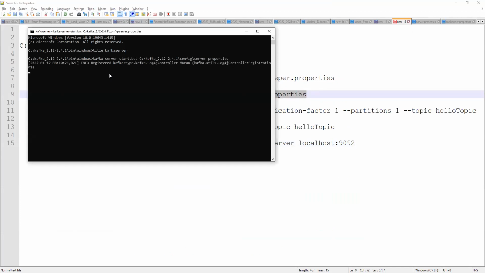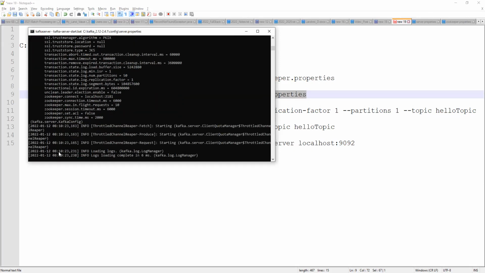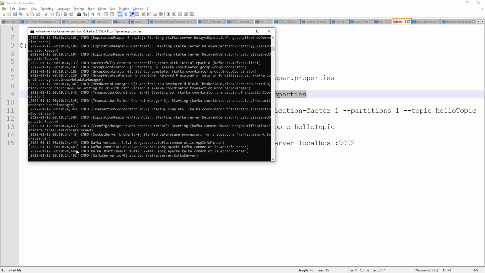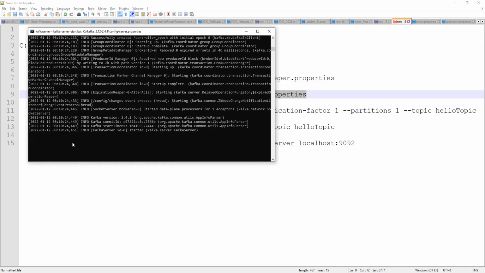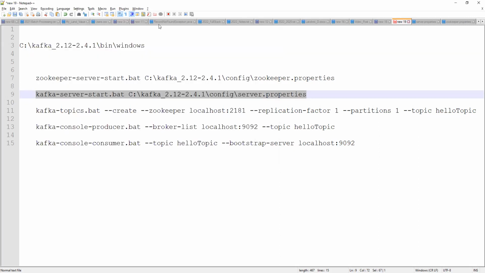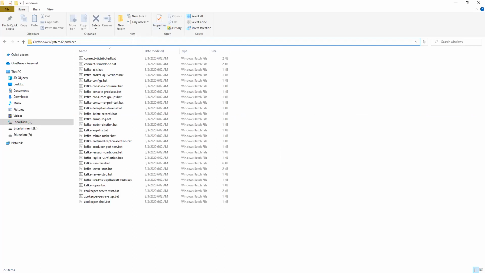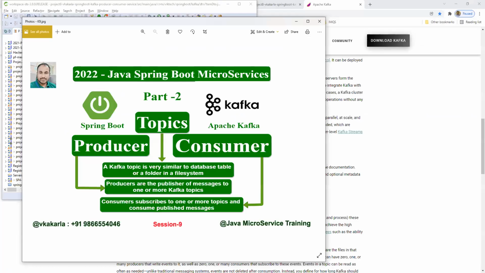Enter. You can click enter. So now the server is running. Okay, Kafka server is started. So my Kafka server is ready and Zookeeper is ready. Now I want to open one more window to create a topic.